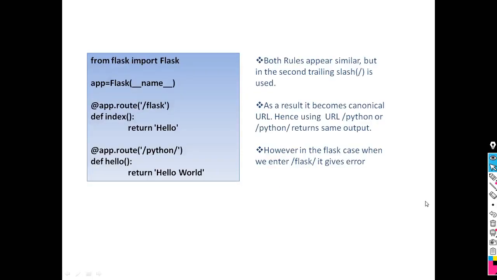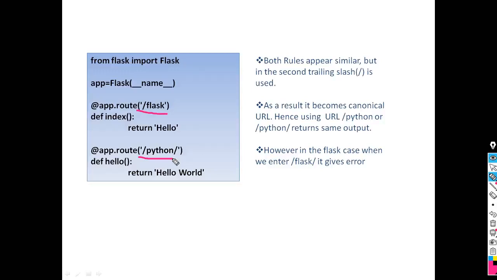Then this is the example. Here two URLs are there, one using only the left-hand side slash, and the other using both the left-hand and right-hand side slash. Both rules appear similar, but in the second a trailing slash is used. So this is the first difference.